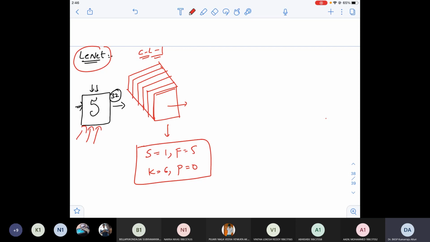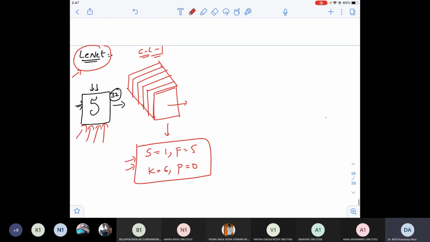And for each layer, we'll have this sort of configuration. Do remember, guys, don't ask the question of why S is equal to 1, why F is equal to 5, why K is equal to 6. That is already a fixed configuration, and they call it LeNet. Why did they fix it? Because they tried a number of possible combinations, and when they tried these combinations, they got better predictions. That's all. Now, we are in layer 1 only. Like this, we'll have different layers. All those layers we'll discuss in the later class, but let me complete at least layer 1.